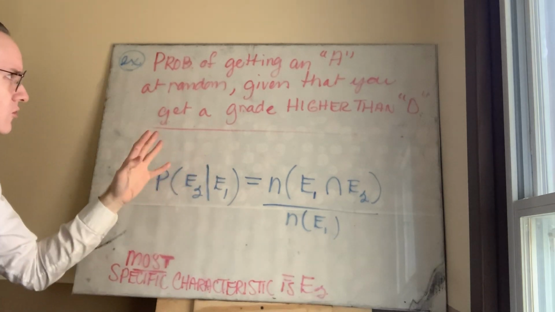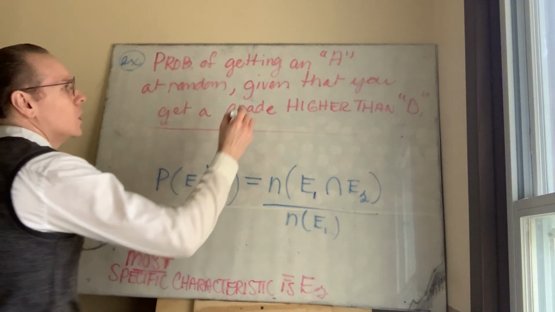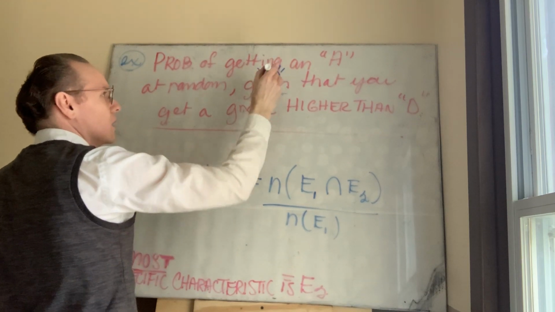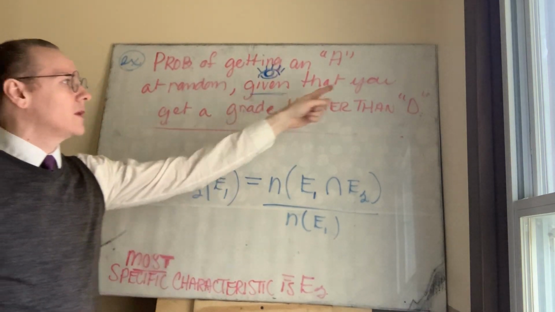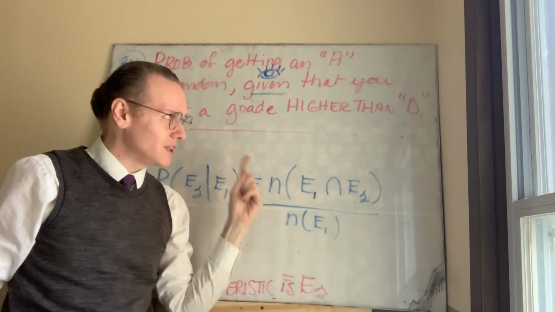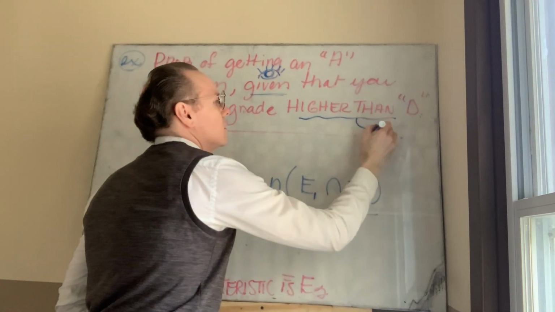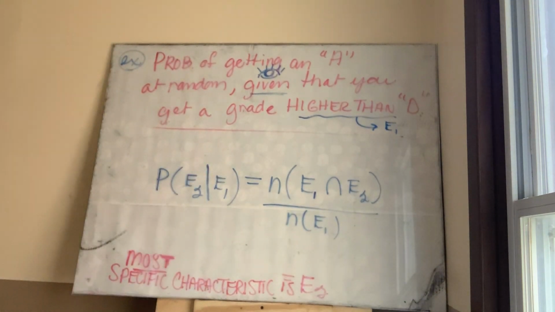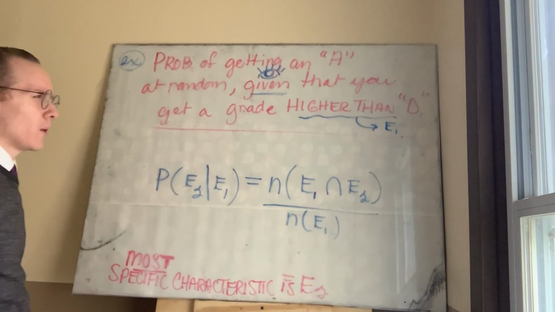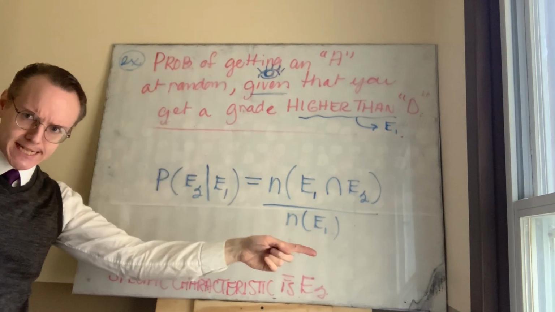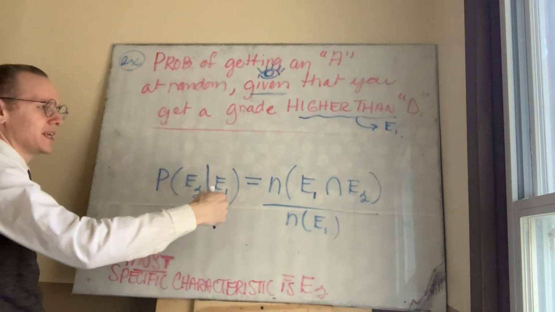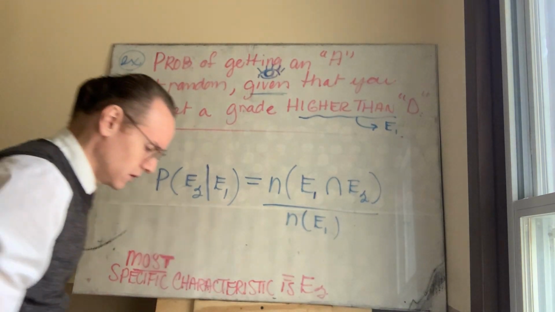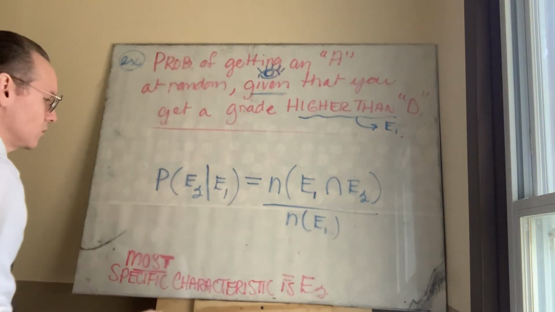The trick that seems to work for the most part is look for the word given, and then what follows it is E1, or what you could sometimes call A if you prefer, all right? So I'm going to abbreviate higher than D when I'm filling in E1 in these 3 places, right? What might be good is to say, all right,